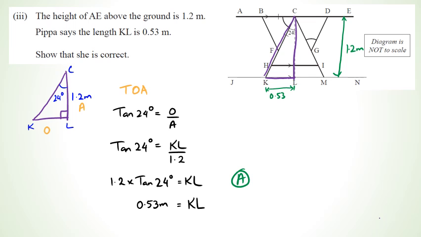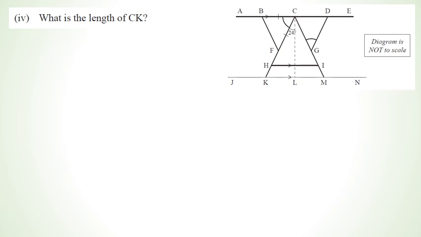All right, next question. With this one, they're asking you to find the length of CK. Now, CK is actually this length here. So you're just working with that same triangle that we did in the previous question. We've got 0.53 at the bottom, 1.2 meters on the top, which is CL. And if you want to figure this out using Pythagoras, so we've got CKL, we can say that CK is equal to